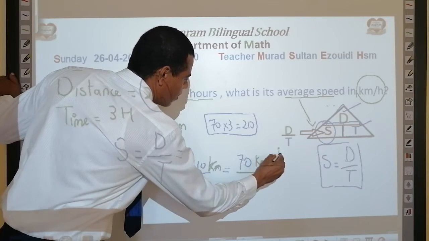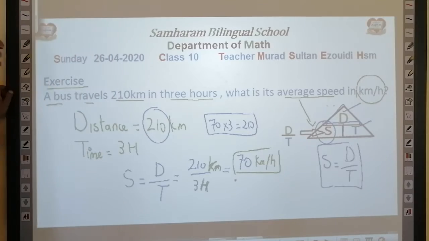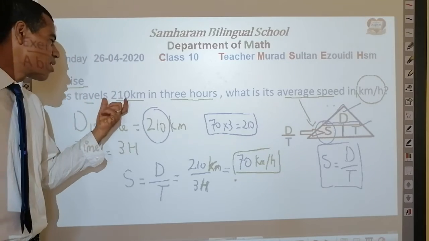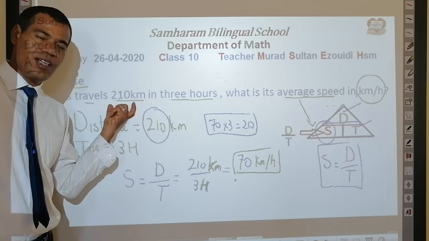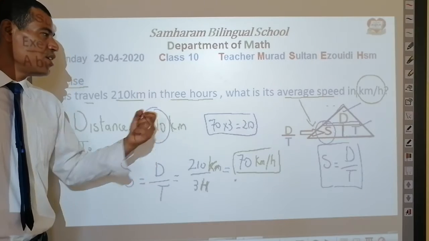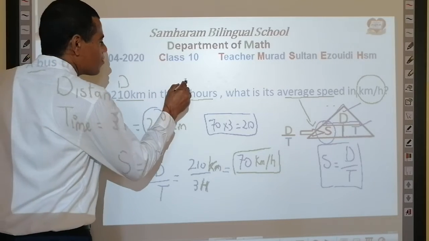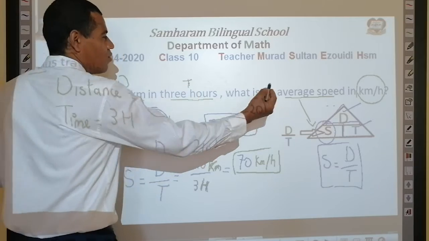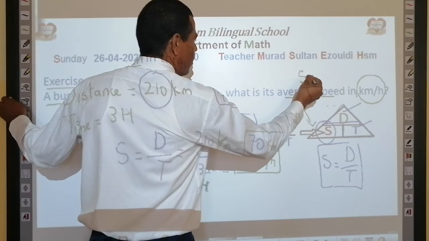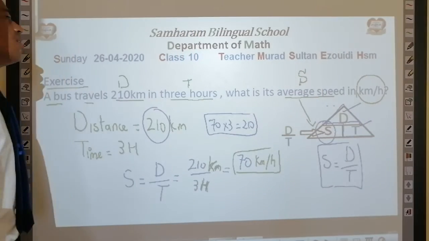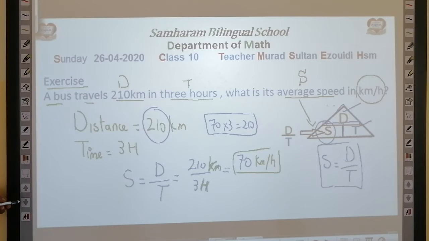Let's see the speed, my learners. The speed of a bus that travels 210 kilometers in 3 hours. This denotes the distance, and this one the time. So we need to find the speed. The next,